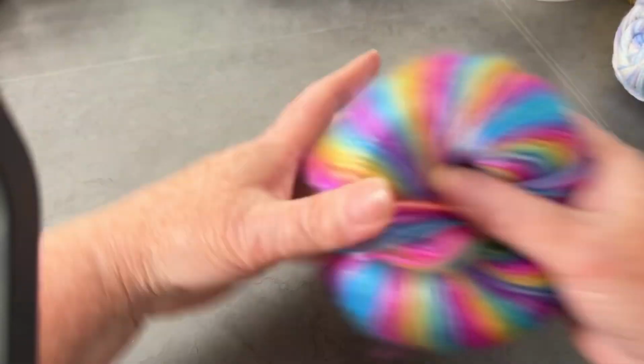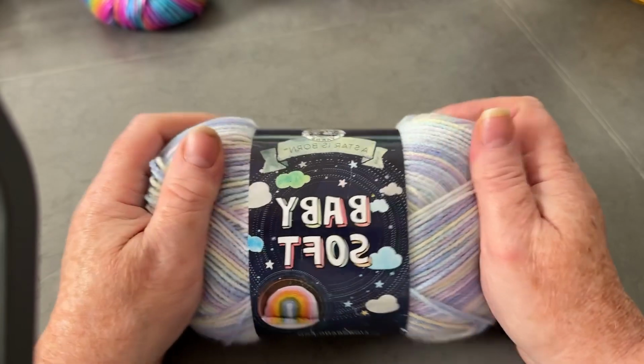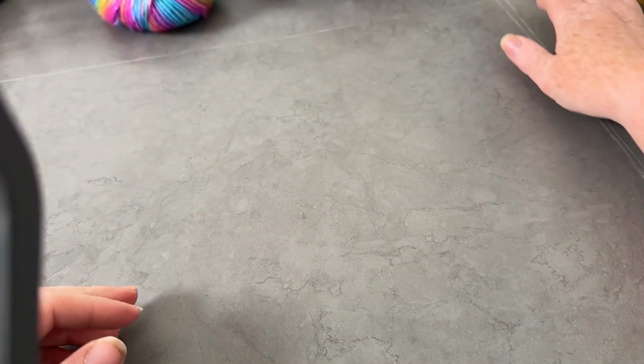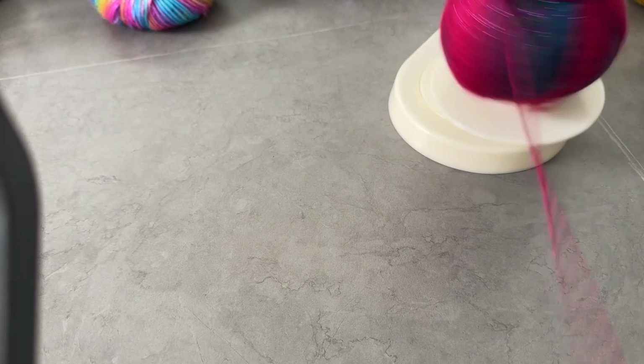So with the blanket I used 3 of these. I didn't really have a lot left of my third, and I just used a little end of a blue colour. So for this tutorial I'm going to use this beautiful